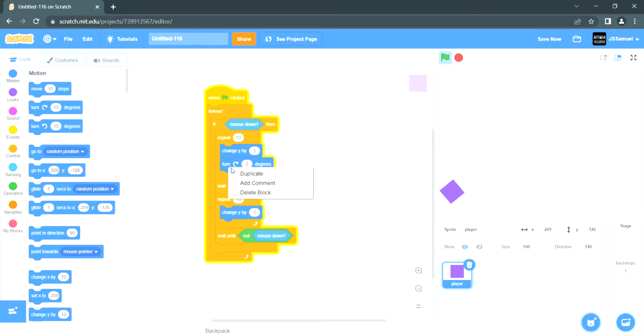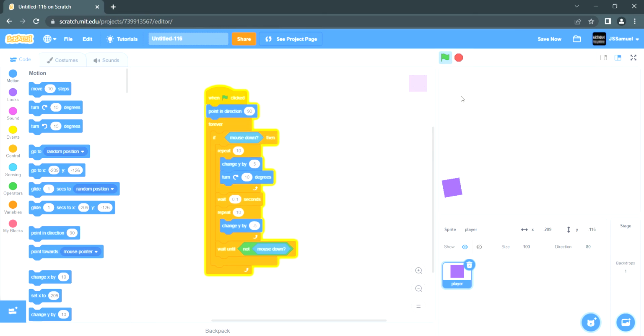And let's put one right here. Let's see, if 10 works. Oh yeah, I forgot, we have to point it in 90 degrees. It kind of works. Like, at the start it's kind of too much. So let's just put